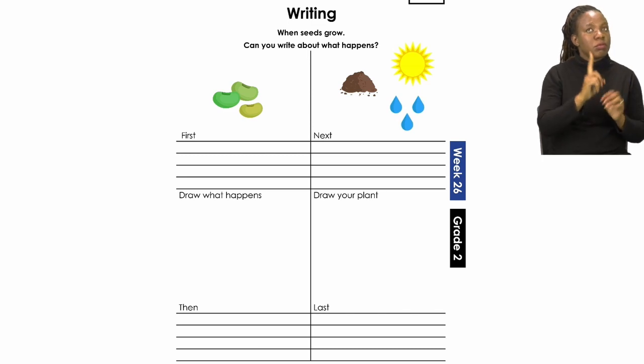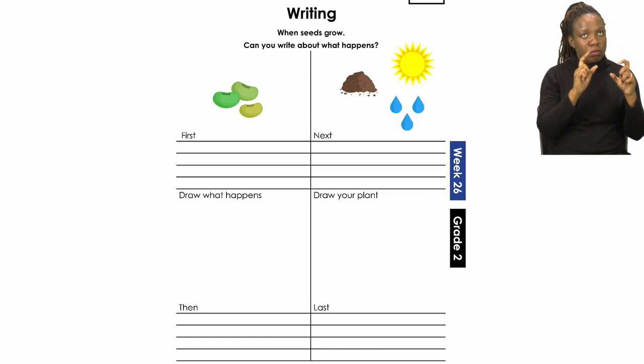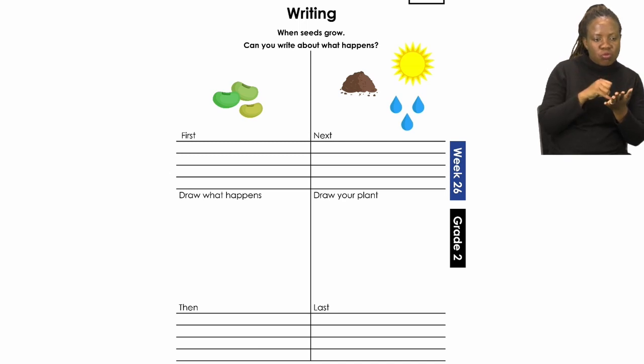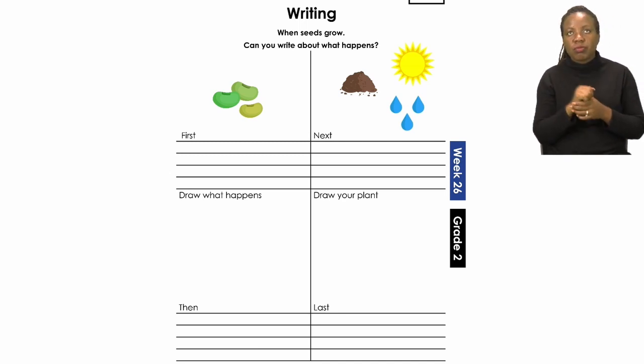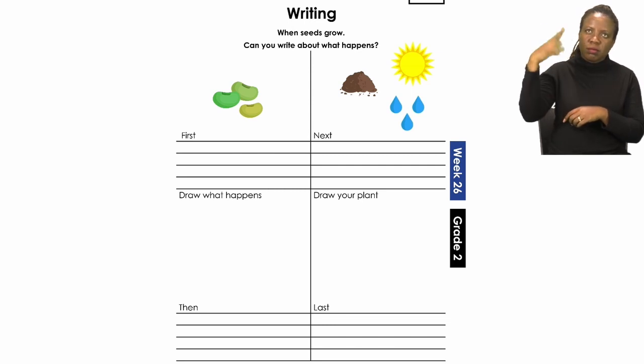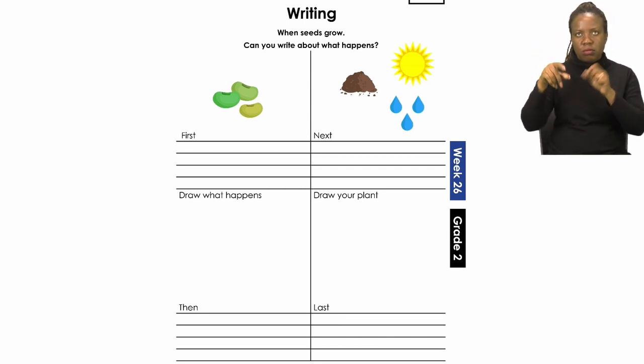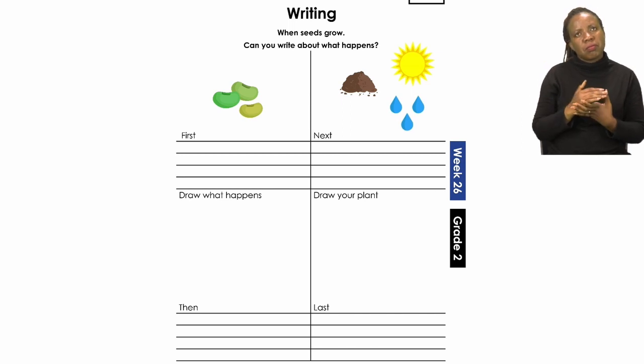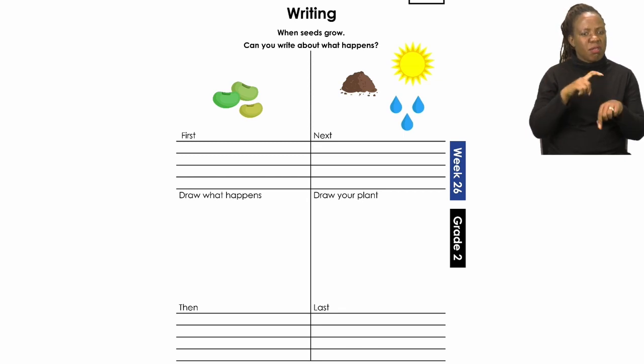Okay, in the first picture, you can write a sentence about the seeds. Maybe you choose the seeds that you want to plant. If you look at the second picture, you will see the sand and the sun and the water droplets. Now you will see that this is, I almost want to say, a timeline of planting seeds.